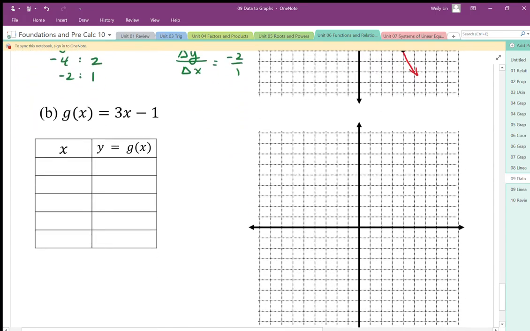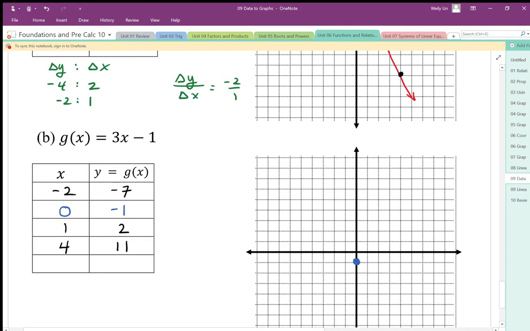Let's do the same thing here. Let's make a table of values. Definitely we want to start with a 0. We don't need to start with a 0, but we want to make sure we have 0 in there. So 0, -1 is my starting position. I'm going to maybe put a couple negatives in here. So -2, it's going to be -6 minus 1 is -7. I'm going to go up by 1, and I'm going to end up at 2, and let's go up to 4, and I'm going to go up to 11. I haven't made my changes consistent on here, but again, we're not looking for the changes,